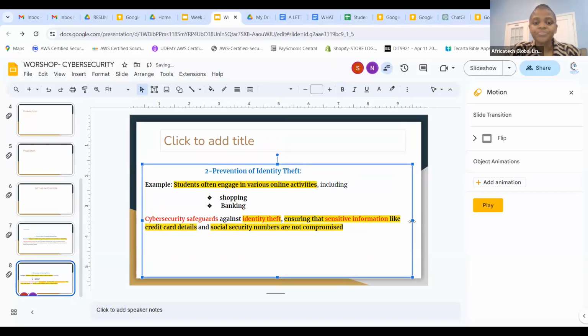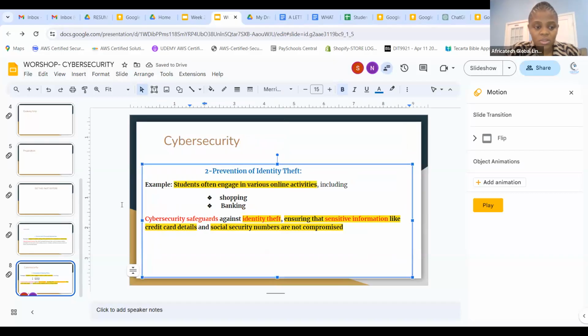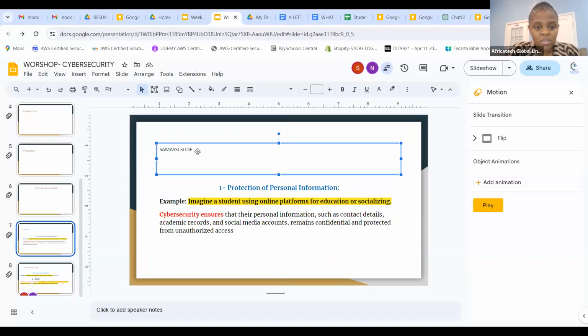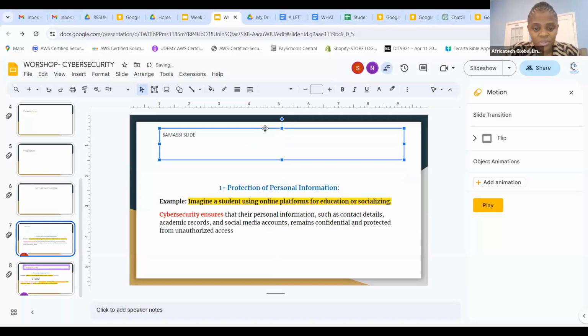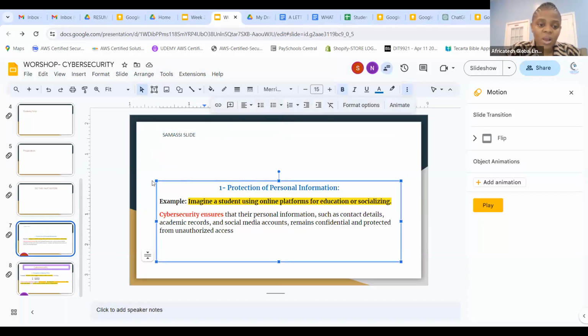It will help you. So now, you can put the title here, Cybersecurity. You're making your slide. Now, I want you to work on this part, and Samasi will work on this. Arrange your slide, Samasi. I want it to look nice, beautiful. You see, you can reduce this. You can put Samasi's slide in the middle. You go here on the dot, and then you work on the formatting so that it's centered. So make it, you see, you have more space. You can go like this. You can bring it back down.